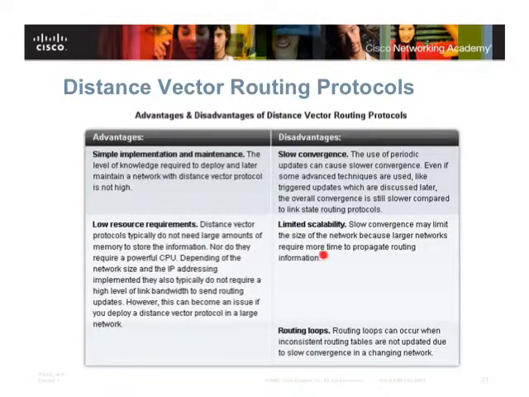So I have to keep the size of the network limited. So the time to convergence is directly proportional to the network size. So if you have slow convergence, this limits the size of the network you have to deal with, naturally. And as we said, routing loops may happen.